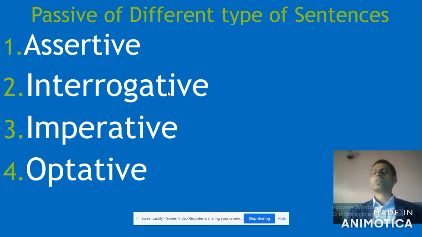You have to find out which group the sentence belongs to first. If you are confused about it, please go back to my previous lesson. You have to watch my previous lesson, then come here to learn more about active and passive voice. Got it? Well, my dear students, now without delay, let's go to the next slide.